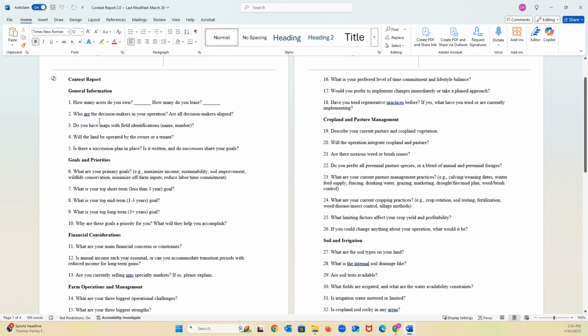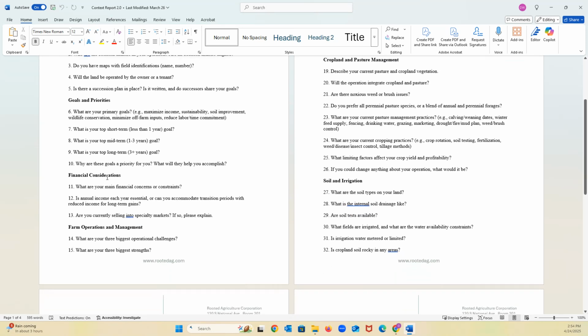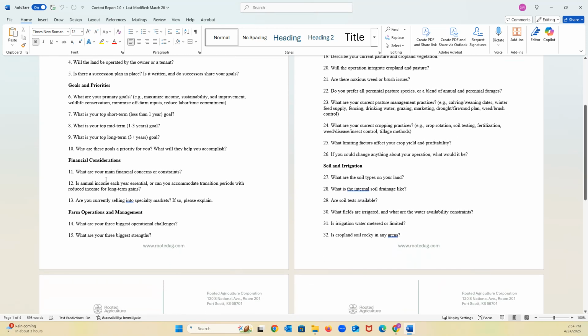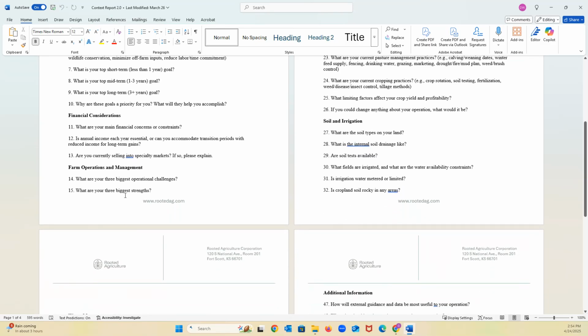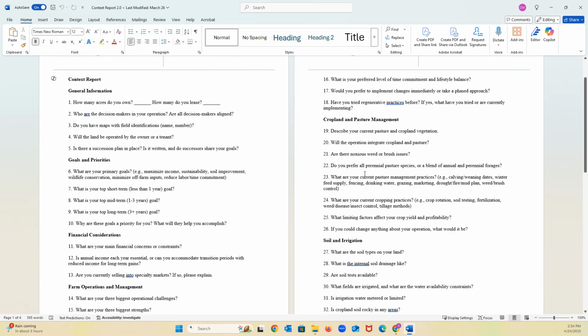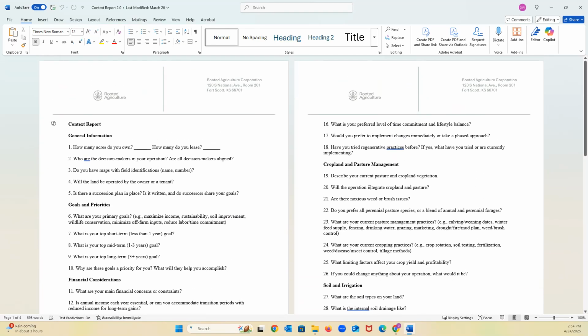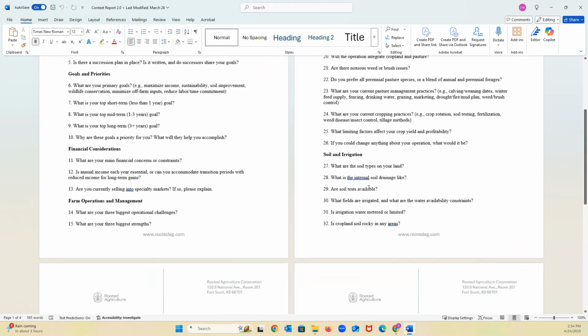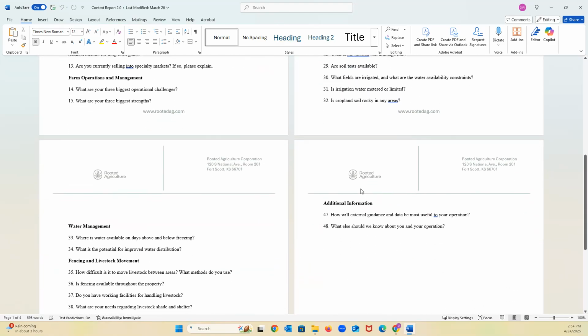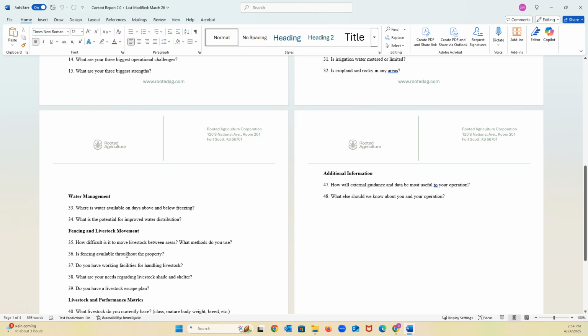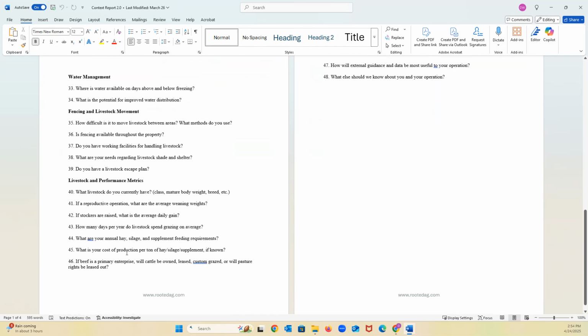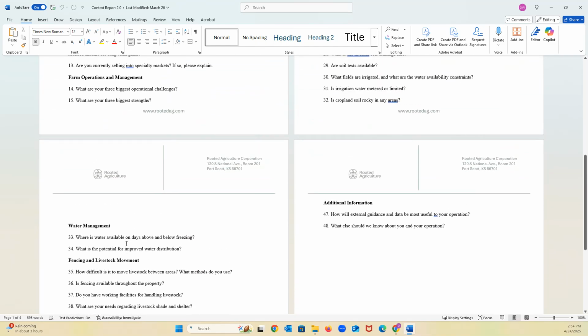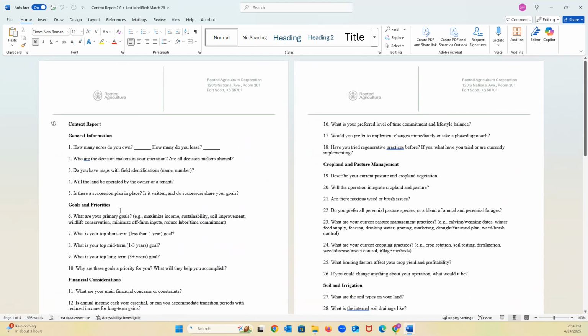So we're looking at just general things. What's the scope of it? What are your goals, your priorities, some constraints? What are the financial considerations of the operation? What does the management look like? What have been the strengths and the weaknesses? What has the management historically been like? Soil types, just lots of good information in there, water, fencing, all those sorts of things. So we're trying to get a good, deep understanding of your context, which is why we call it a context